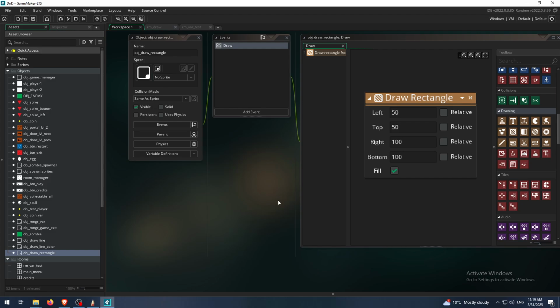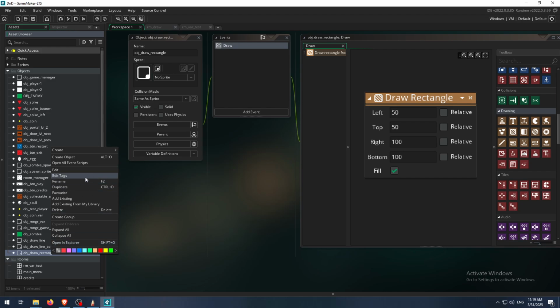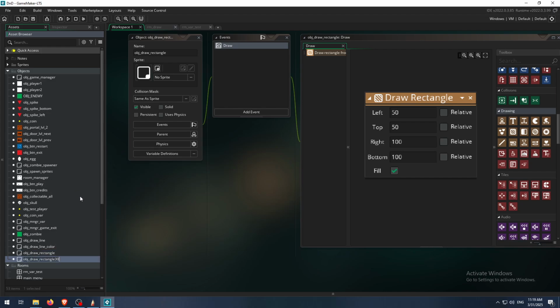In this video today we are going to learn how to use GameMaker drag and draw block, which is called Draw Circle. We have learned so far how to draw lines in color, rectangles and squares, and now let's try to draw a circle. I will select the last object which I made in previous video, which is obj draw rectangle, with my left click, then right click and duplicate, then rename it to obj draw